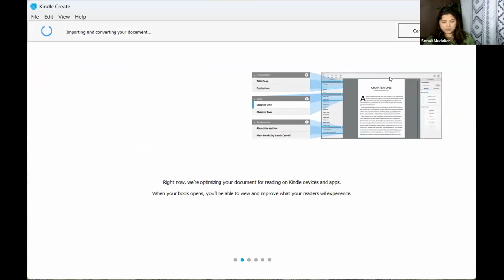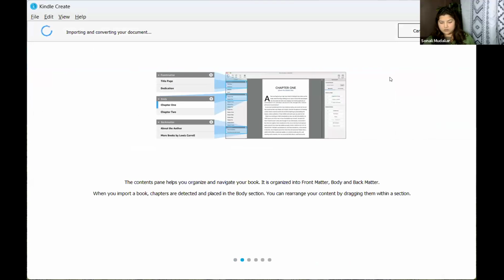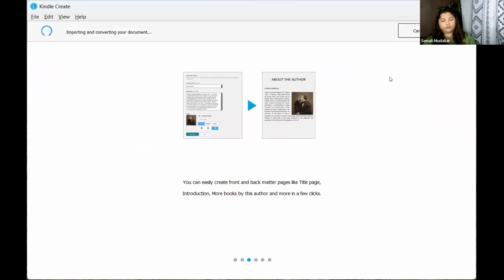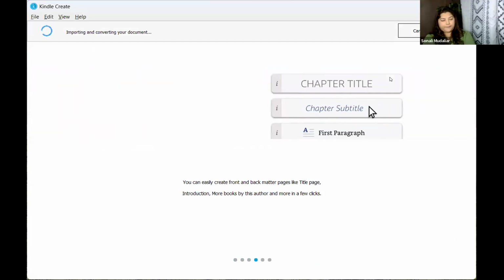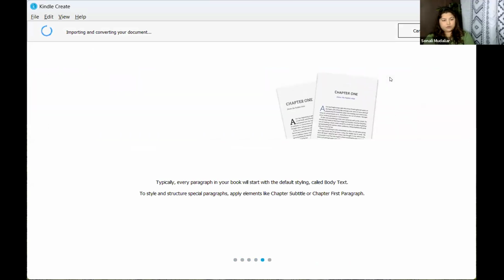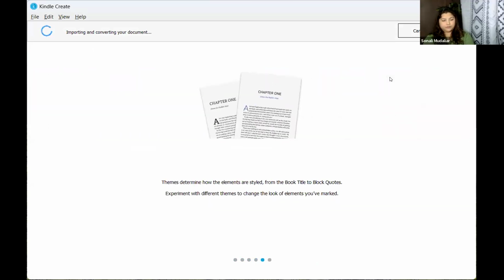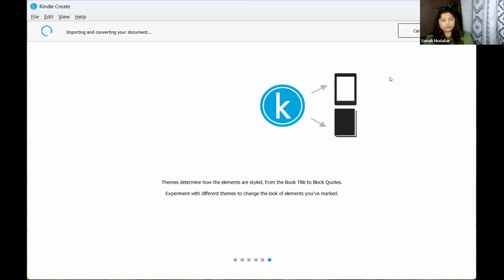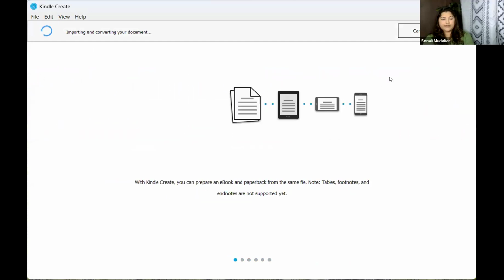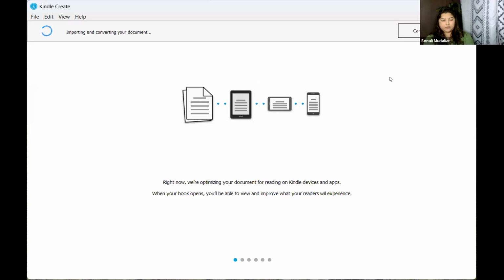I hope you guys can see it. The importing part takes a bit of time.